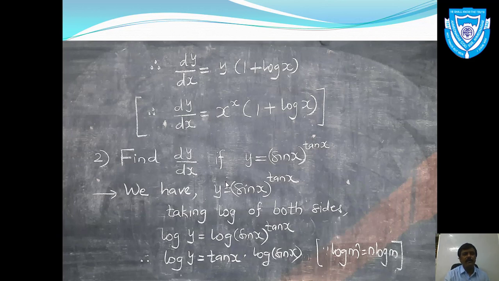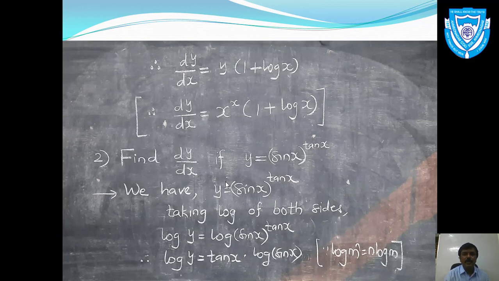Now what we have done in this step, we have shifted the y which is at the left, we have shifted it to the right hand side. So of course that y will multiply the entire right hand side. So that's why we'll write the entire right hand side in the bracket and we'll keep the y outside the bracket. What it implies is that y is multiplying the entire right hand side.